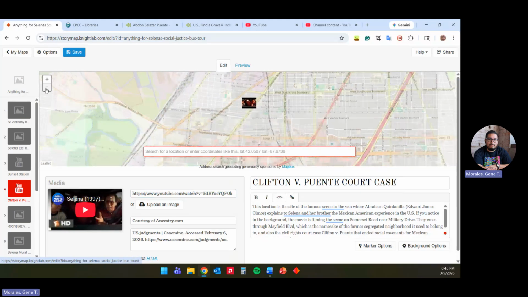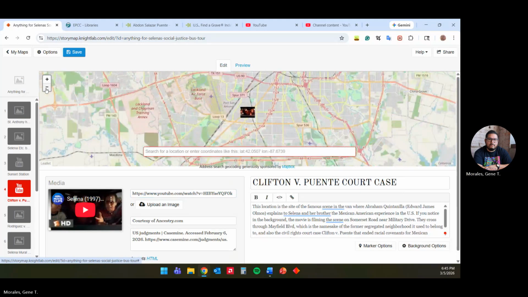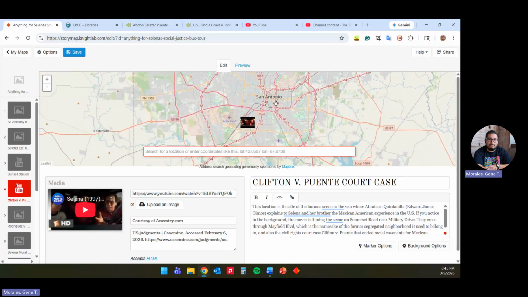So let's just zoom out. Our hotel is in the middle of downtown San Antonio. This scene is actually filmed on the south side of San Antonio right here, right? And I just think it's a very interesting part of the movie, but it's also a very unique part of just these civil rights initiatives that are being executed by Mexican Americans in this kind of world that they're living